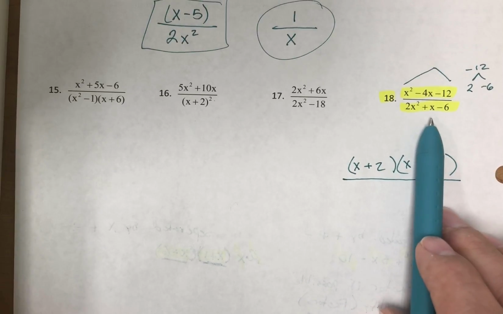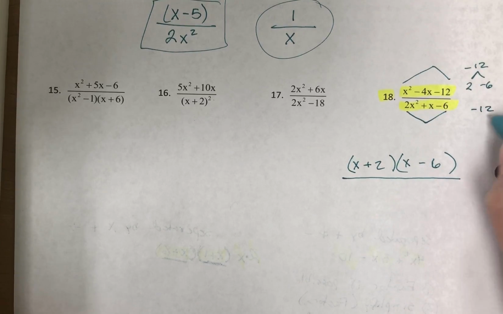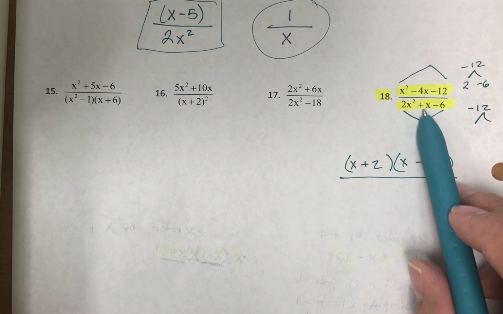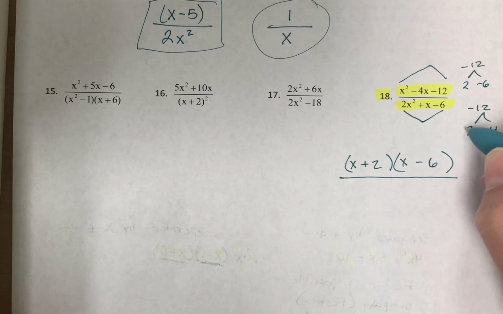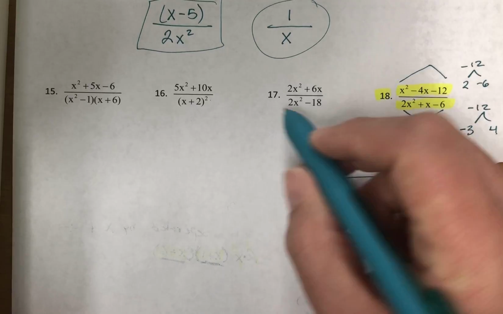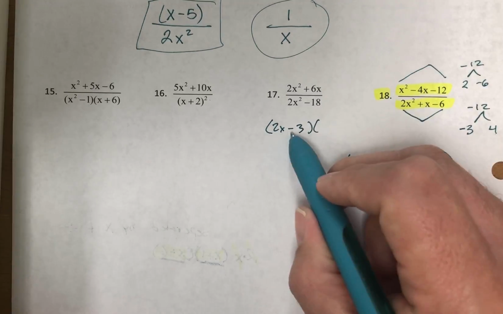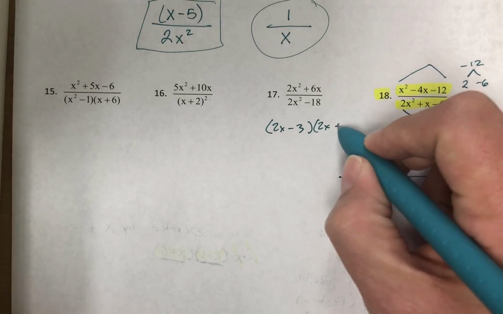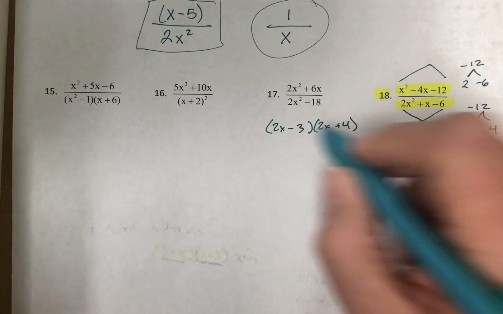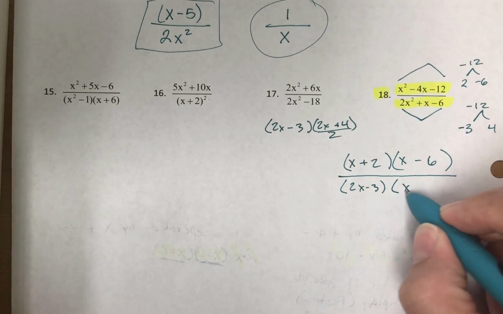And then for the denominator, same process, rooftop, 2 times negative 6 is also negative 12. Two numbers that multiply to give me negative 12, that'll give me a positive 1, are 3 and 4. The 3 has to be negative. Whenever I do this, remember, I'm going to do this off to the side. I have 2x minus 3, and then 2x plus 4. Rooftop method, and then I can divide a 2 right here. So I have 2x minus 3, and then if I divide a 2 right there, that gives me x plus